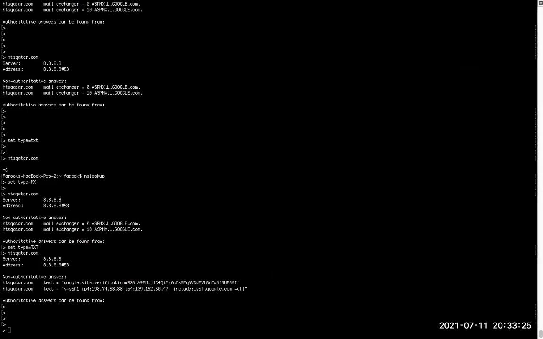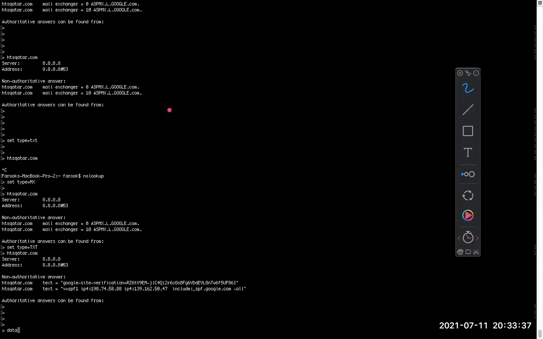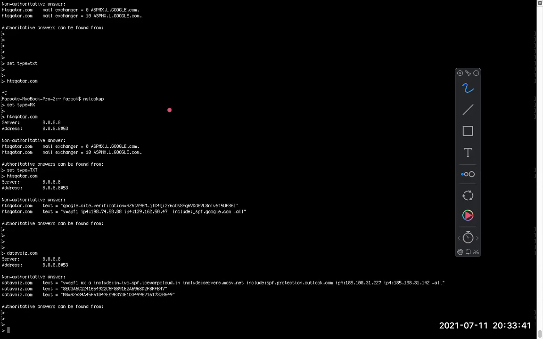Don't look at this, because this is if I am sending a mail; this is somebody else who sent me mail. They have put this IP. This is actually somebody from datavoice.com who sent me this mail, and you can see here their SPF record. Okay, these are their SPF record. The SPF, as I told you, they are mapping it.